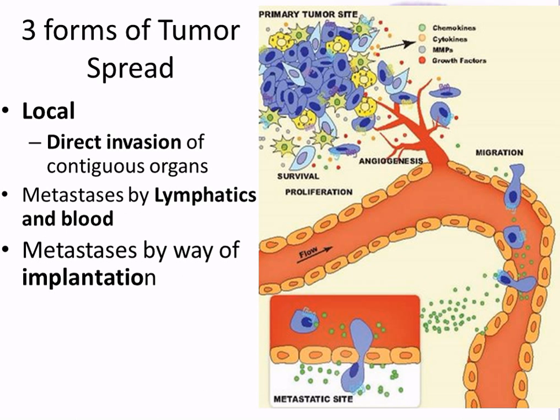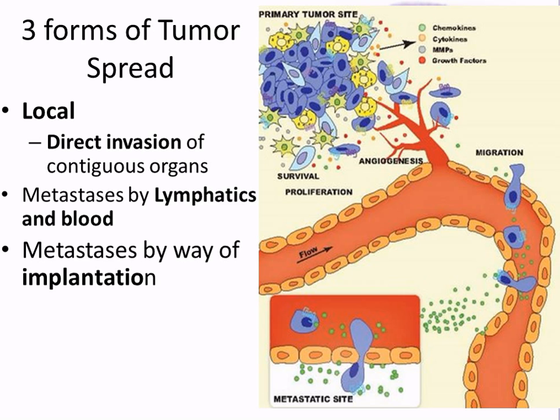All right, so three forms of tumor spread. The first one's called local. Local spread means it just directly invades another type of tissue. So we get this tumor starting wherever it's at, and then it starts growing and pushing into the surrounding tissue. That's local. It could be a tumor that's increasing its size and pinching off. Would that cause pinching off blood vessels? Would that cause any damage? It could. What else could it pinch off that would cause problems? Nerves would be another big one. And a lot of times that will cause things like pain. So, local invasion of the contiguous tissue.